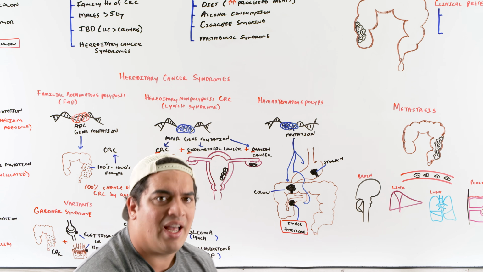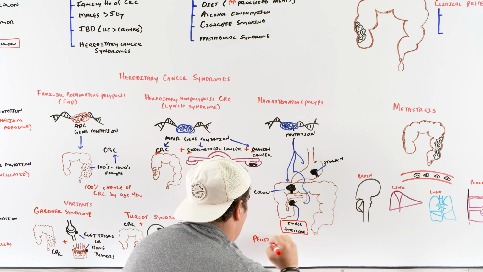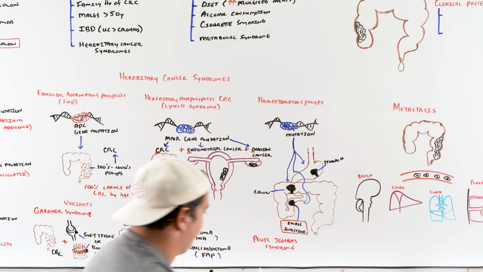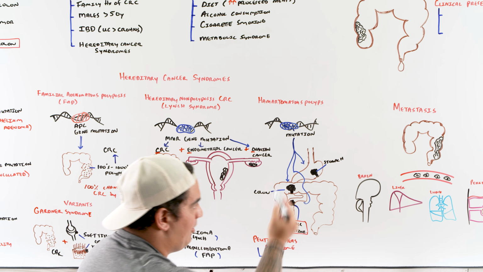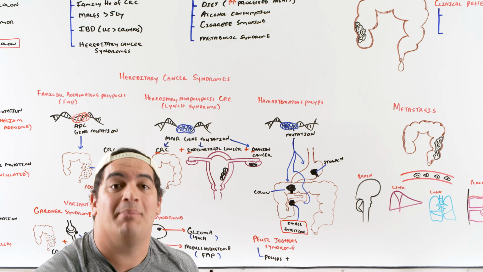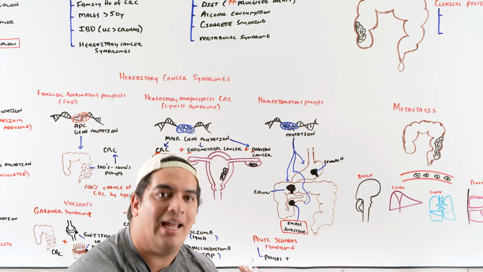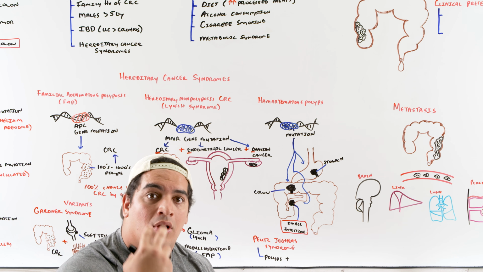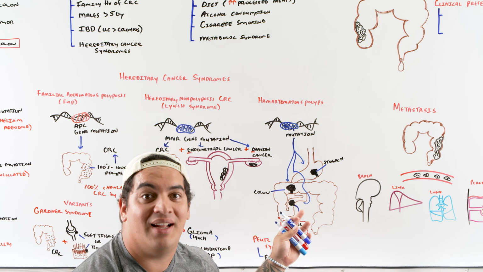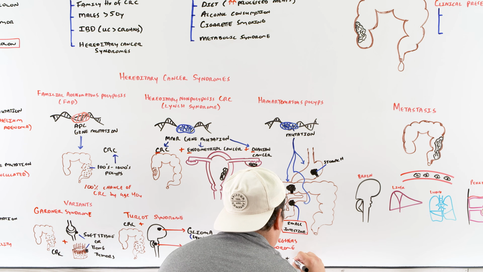Now, there's two types of conditions that are more juvenile that you need to know about. One is called Peutz-Jeghers syndrome. So Peutz-Jeghers syndrome has two types of presentations. One is they have these hamartomatous polyps. So they get these polyps, plus they get hyperpigmented lesions. This is what I need you to remember. If you hear about a younger kid who's got hyperpigmented lesions in their mouth, around their lips, on their hands and feet, and they have polyps appearing somewhere in their GIT, anywhere in their GIT, that is Peutz-Jeghers syndrome. All right, so polyps plus